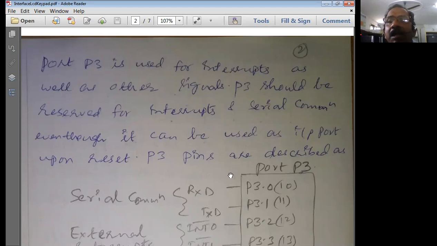That means the ports which we connect to the keypad are going to be input ports, because whatever key we press, the two ports connected to the keys of the keypad should be read from the keypad. That means the data should be read from the keypad. Therefore, the 8051 port should act as an input port for us in this particular context. So in this context, I can just go ahead like this here.